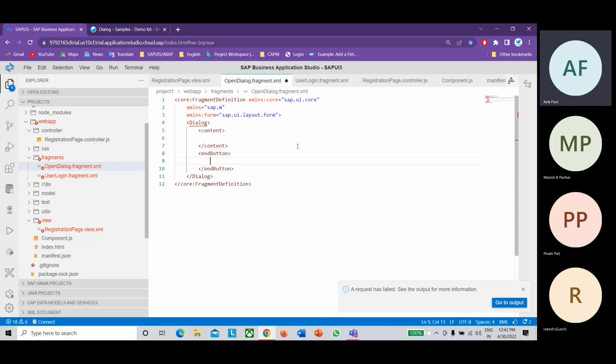So I'm adding a button. Let's display the text.